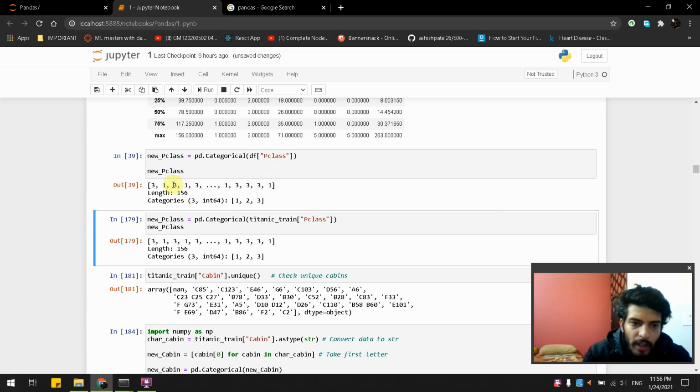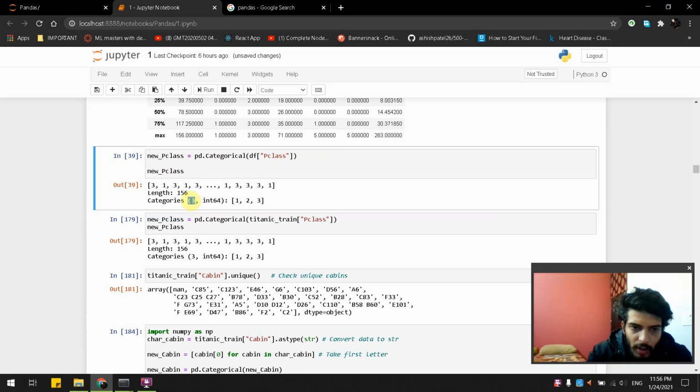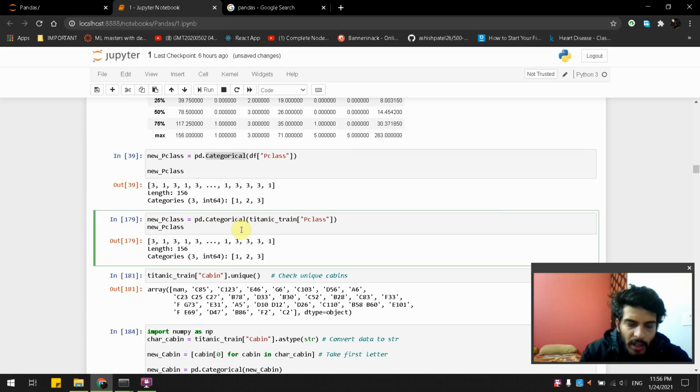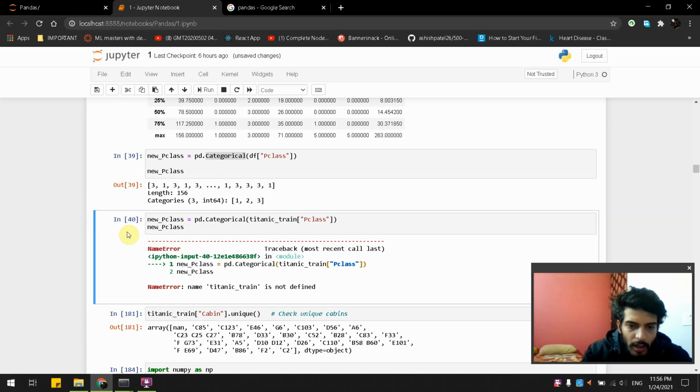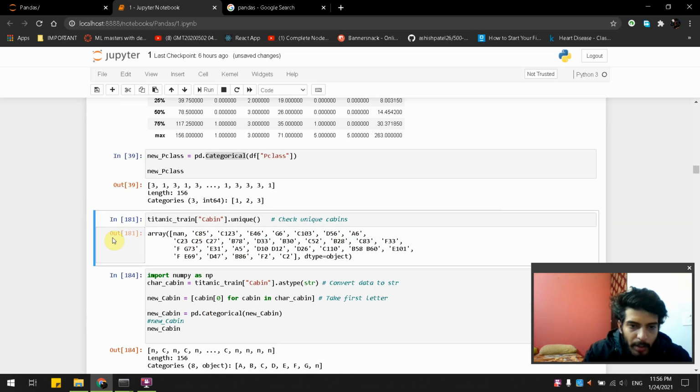It is showing us there are only three categories, and they are 1, 2, 3. This is also a method in pandas. Now we can do that in p class again. I don't know why it got repeated.